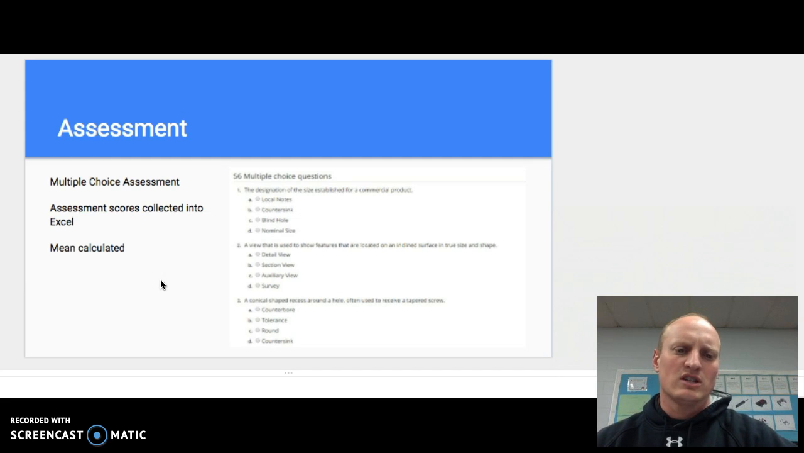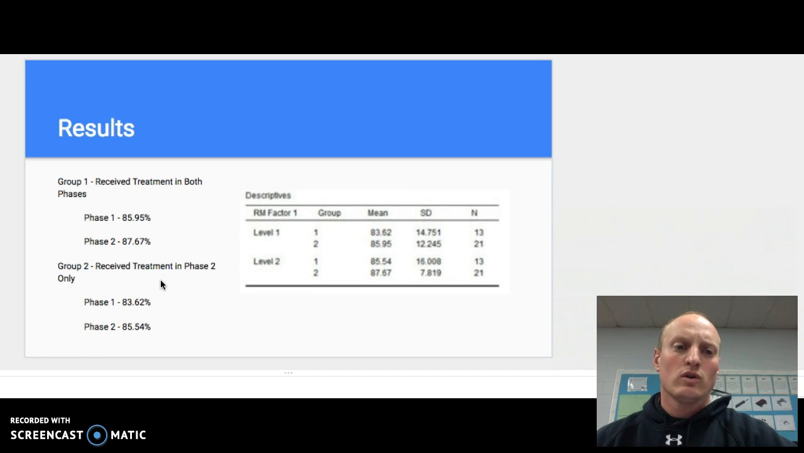Once the kids took the assessments, I collected the scores in an Excel document, calculated the mean, and gathered the data to be plugged in for data analysis. The results were positive when I just looked at the mean scores. During phase 1, group 1 received the treatment, and group 2 did not receive the treatment. And their scores, as you can see, in phase 1, group 1 that received the treatment averaged 85.95% on their assessment scores. Group 2, without the treatment, averaged